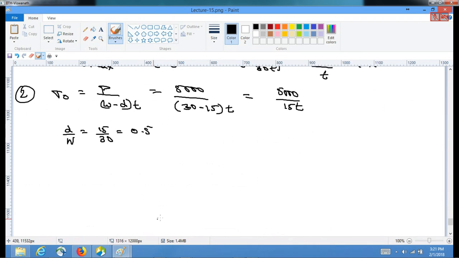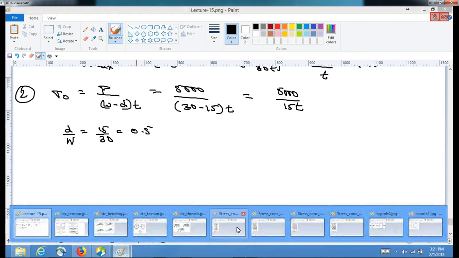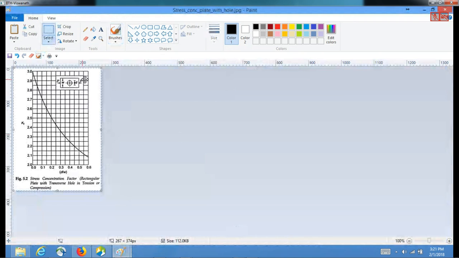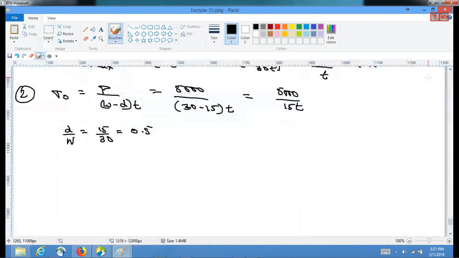For that, then we see that the stress concentration factor in such scenarios is close to 2.15, or we can take a higher value, 2.16. So Kt is equal to 2.16